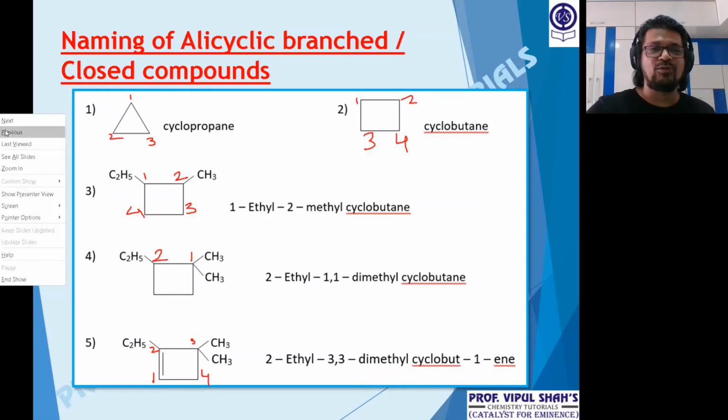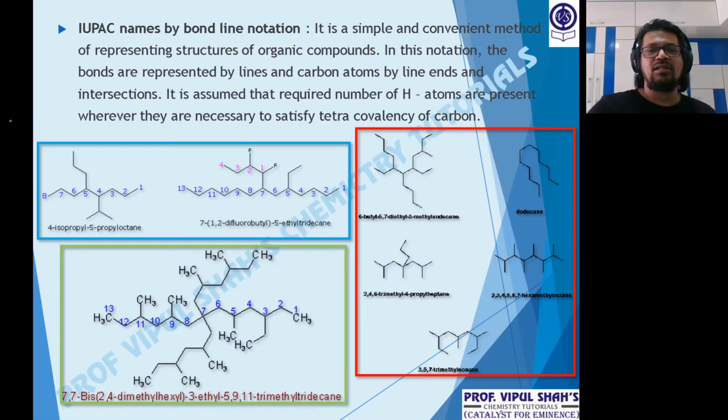Now a few IUPAC names to do. Now see, this is the bond line notation. I hope everybody knows bond line. No carbon, no hydrogen, just the bonds, in which they are understood. So all places where the lines are joining are carbon atoms, and on each one there are understood to be hydrogen atoms. Just look at the way the names are there and how the numbering goes. As I said, first rule, longest continuous chain, and most important, after the longest continuous chain, take that as the continuous chain which has maximum branching.